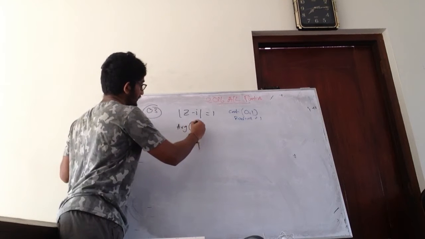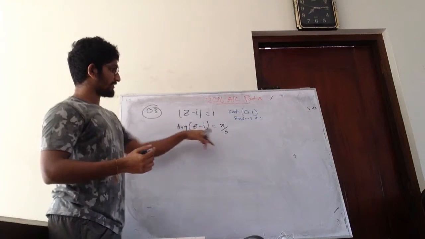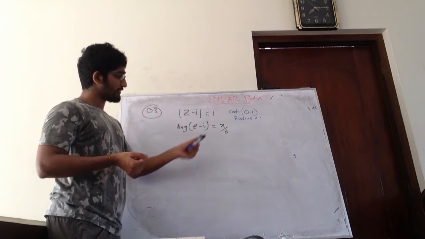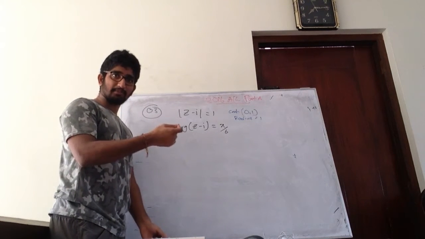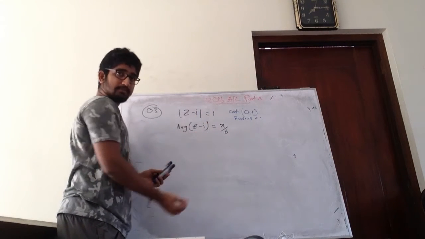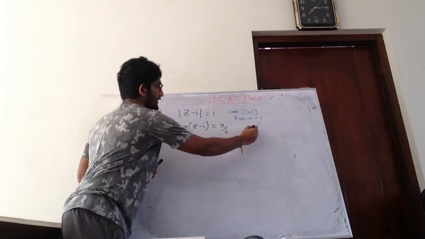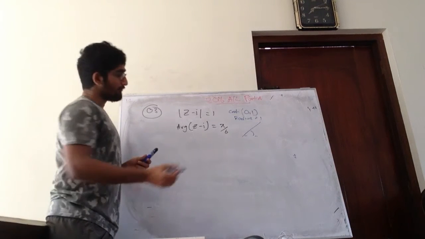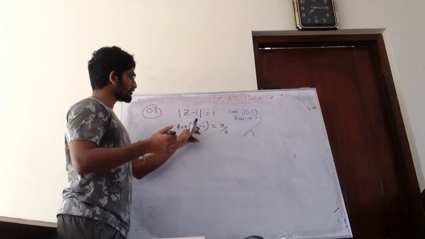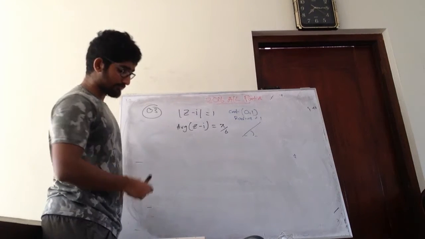Argument of z minus i is 5 pi over 6. So now this says about some angle, okay? But in more detail, this can represent a line where there is a 5 pi over 6 angle from here, where the starting point goes through z equals i, right? Now let's draw this now.